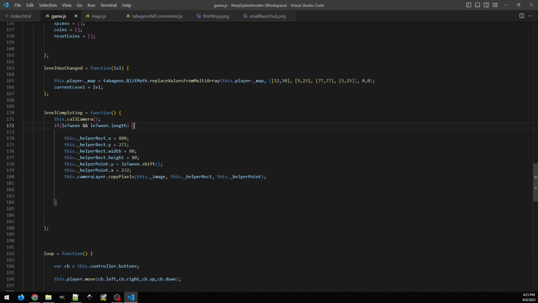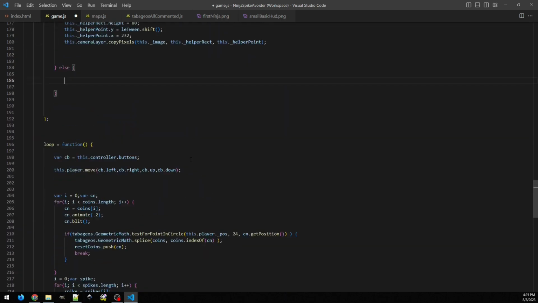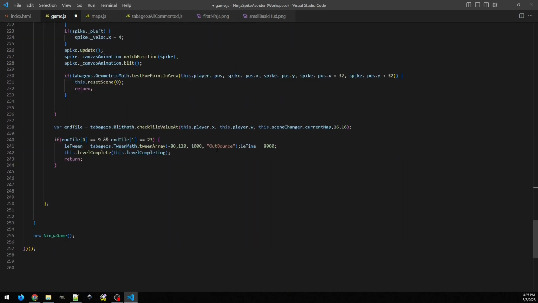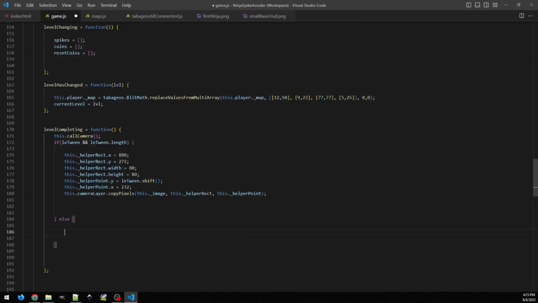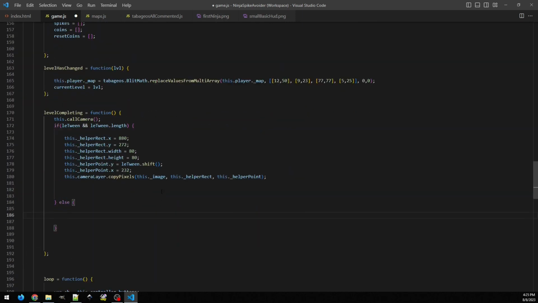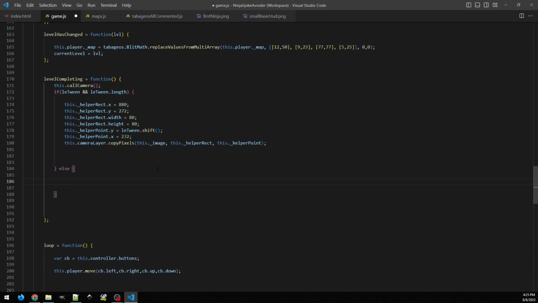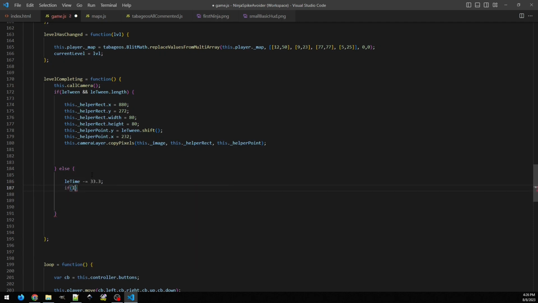So now let's say if this is over, okay, else, so if there's not a tween dot length, we're going to assume that the reason why is because it ran, and we know that because right before we have this to happen, we've set L tween. So we know that L tween is only there right at the beginning. So otherwise, that thing has come down. Okay, and so now we want that whole level ending thing to take the 8 seconds, which we know also that we've set this to 8,000. So now if that is greater than 0,